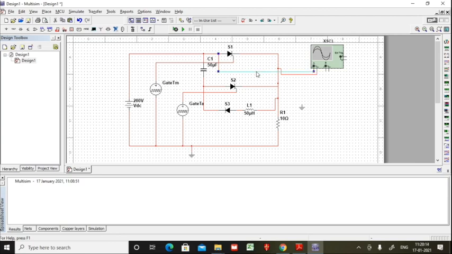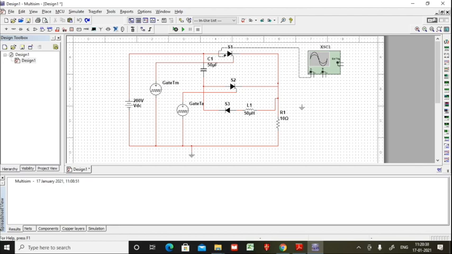So you can adjust this the way you want, or I will undo this. I'll reconnect it. What I'll do, I'll click here, click here, click here, and then click here.